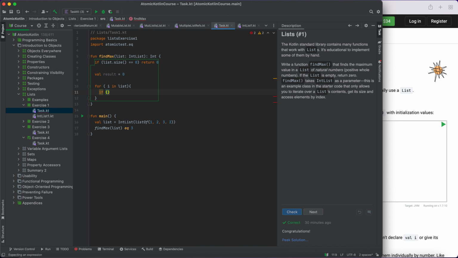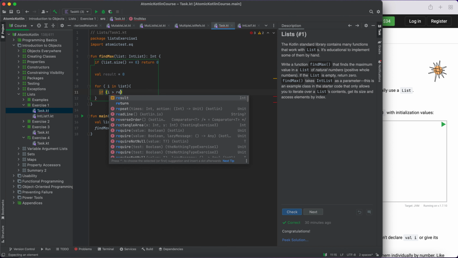So the maximum will be: okay, let me think how to find the maximum. If i is greater than result,